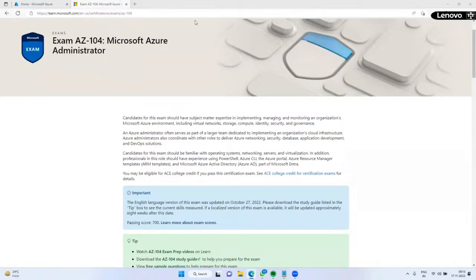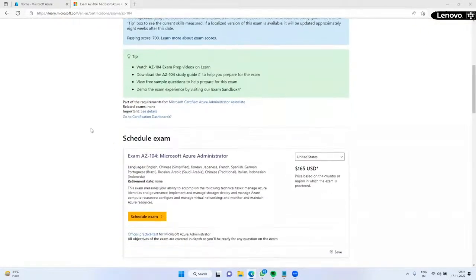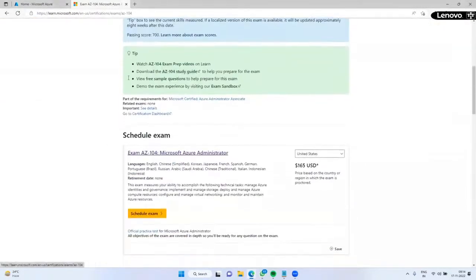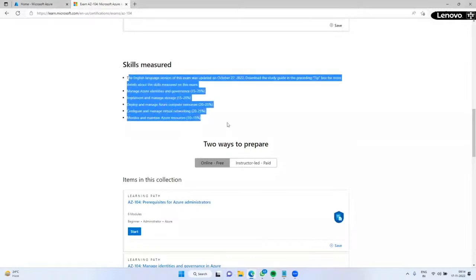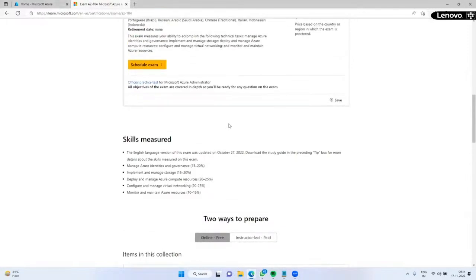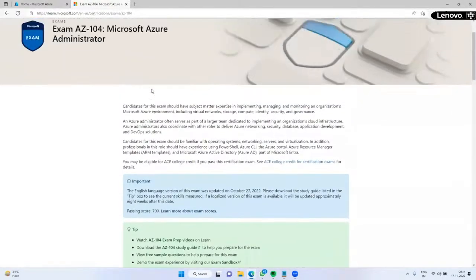After the course completion, we can do the certification, this 104 and the DevOps certification. We can attempt, right? Yes, 100%. No need for any other topics to cover. See, this is the syllabus. Directly they are providing it. When I go and verify the skills measured: managing identities, implementing storage, compute resources, networking, Azure resources. Based on that, we have prepared the syllabus. This is the 104 certification paper.